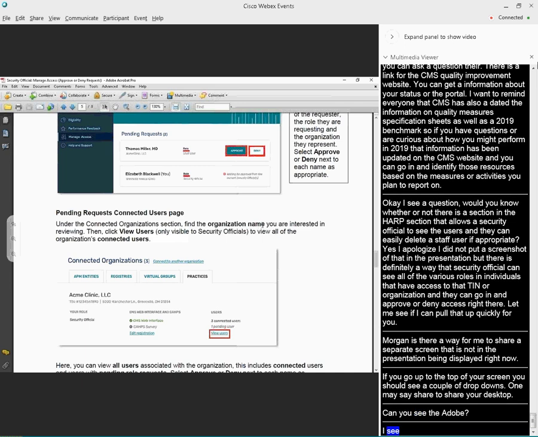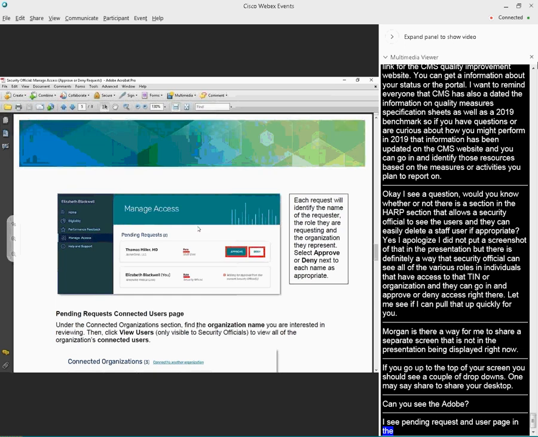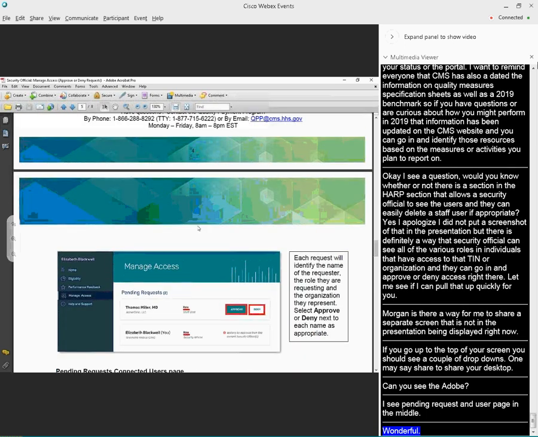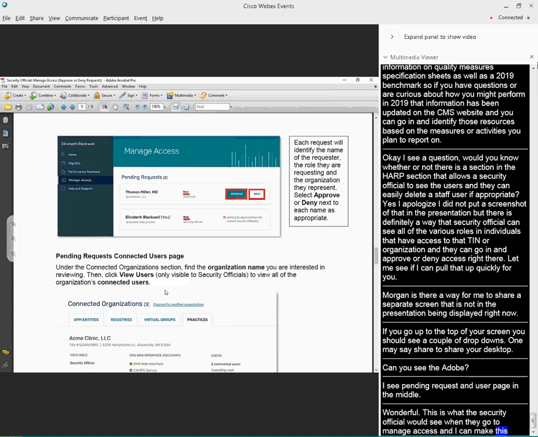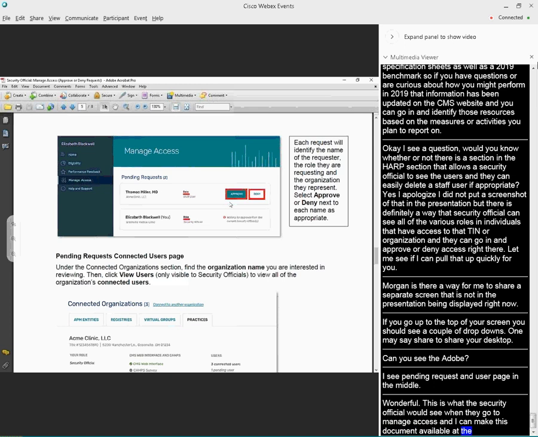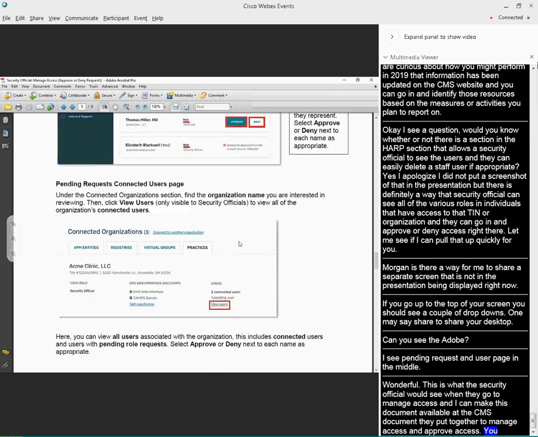Okay. So, Anne, this is what the security official would see when they go to manage access, and I can make this document available. It's a CMS document that they put together to manage access, deny, and approve requests for security officials. So here you'll see that manage access. You would see approve, deny, or awaiting approval from the current security official.